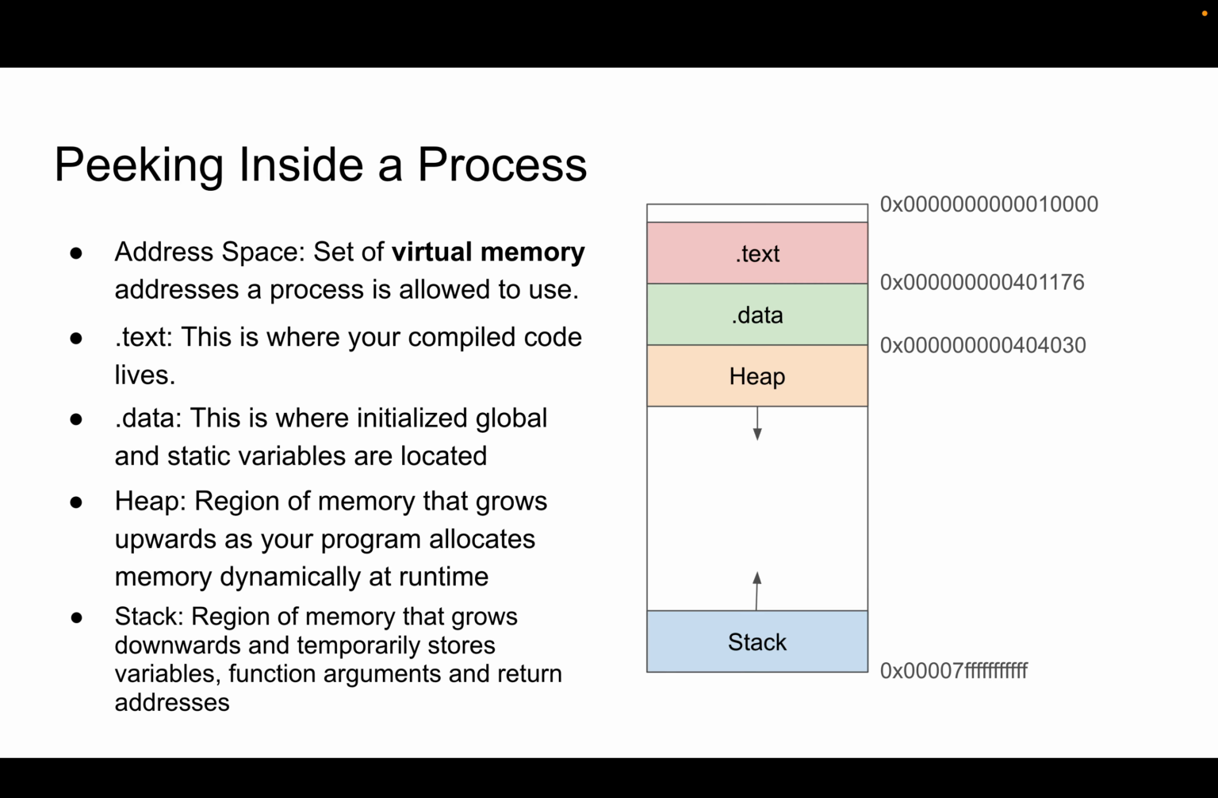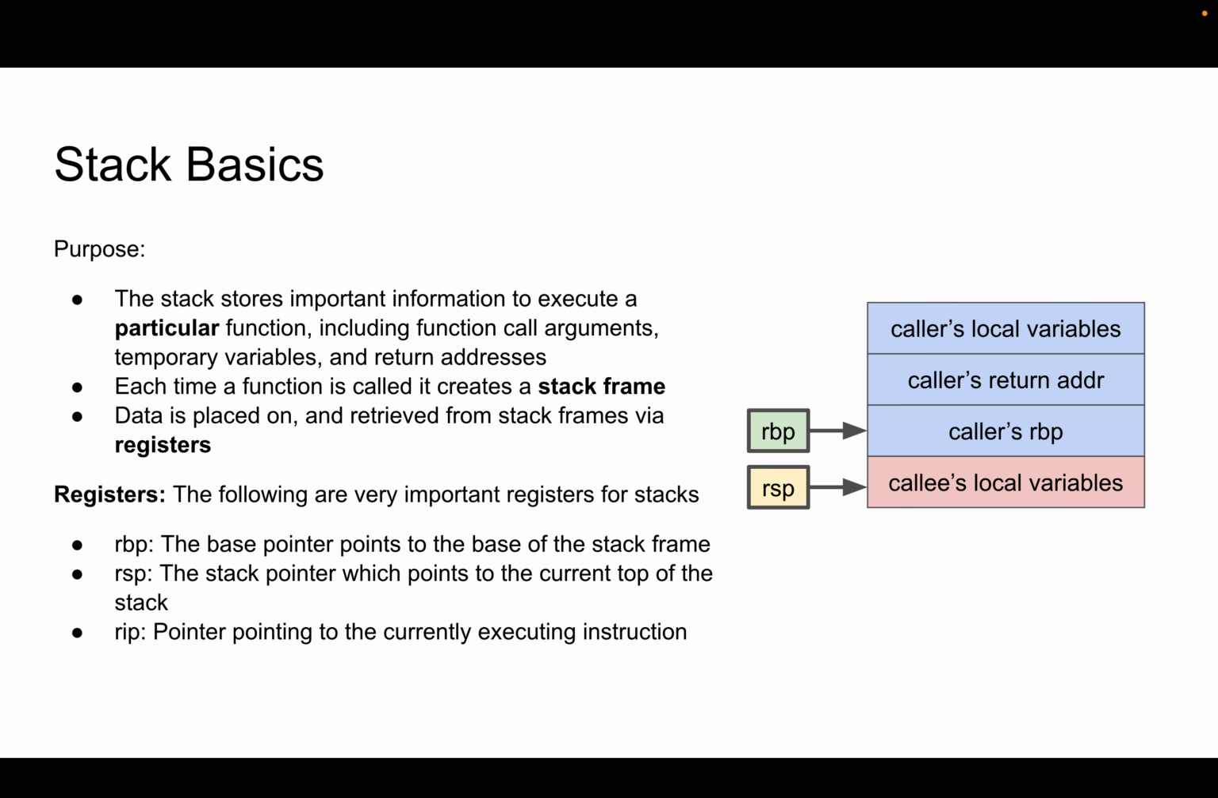And the stack, which is the region of memory that grows downwards and temporarily stores variables, function arguments, and return addresses. Let's do some review of stack basics. The stack just stores important information to execute a particular function, including function call arguments, temporary variables, and return addresses. Each time a function is called, it creates a stack frame, and data is placed on and retrieved from stack